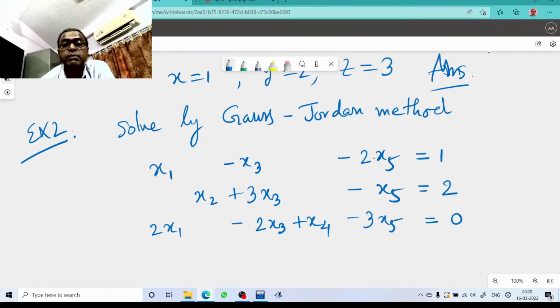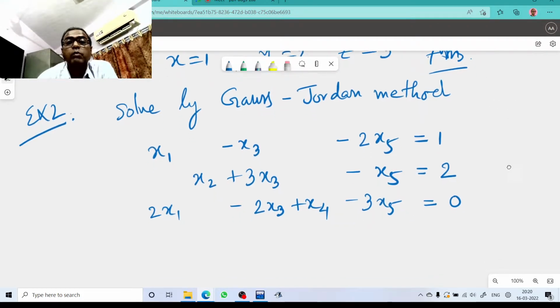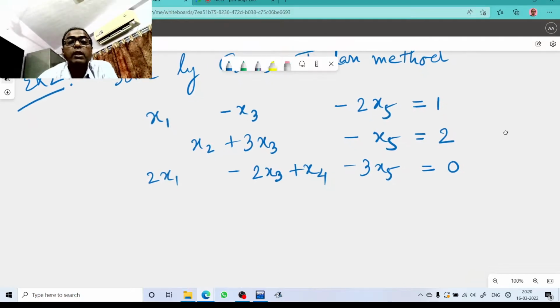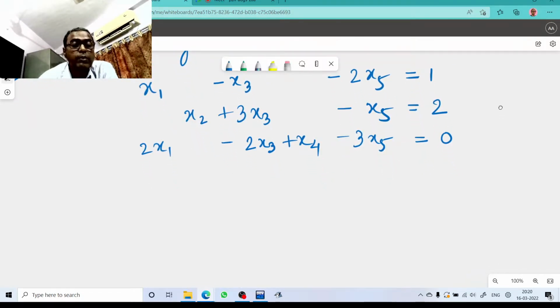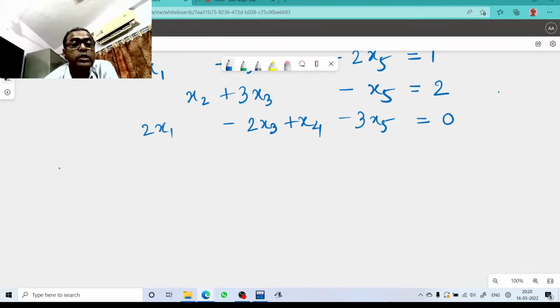x1 minus x3 minus 2x5 equals 1, x2 plus 3x3 minus x5 equals 2, 2x1 minus 2x3 plus x4 minus 3x5 equals 0. Solve the system using the Gauss-Jordan method. So here